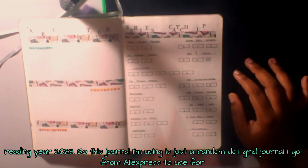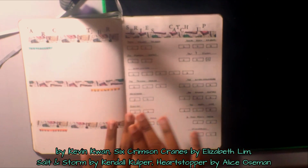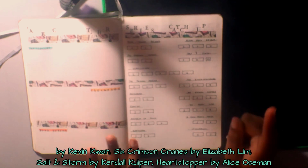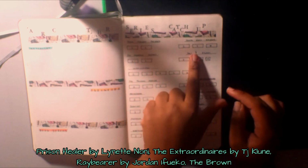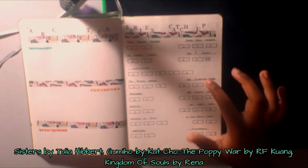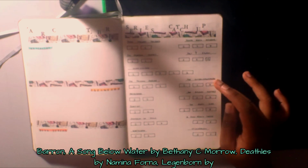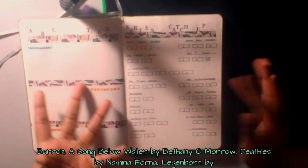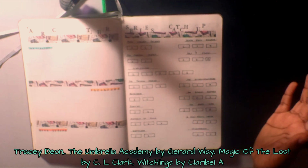The series that I have here are These Violent Delights by Chloe Gong, Crazy Rich Asians by Kevin Kwan, Six Crimson Cranes by Elizabeth Lim, Salt and Storm by Kendall Kulper, Heartstopper by Alice Oseman, Prison Healer by Lynette Noni, The Extraordinaries by TJ Klune, Raybearer by Jordan Ifueko, The Brown Sisters by Talia Hibbert, Gumiho by Kat Cho, The Poppy War by R.F. Kuang, Kingdom of Souls by Rena Barron, A Song Below Water by Bethany C. Morrow, Deathless by Namina Forna, Legend Born by Tracy Deonn, The Umbrella Academy by Gerard Way, Magic of the Lost